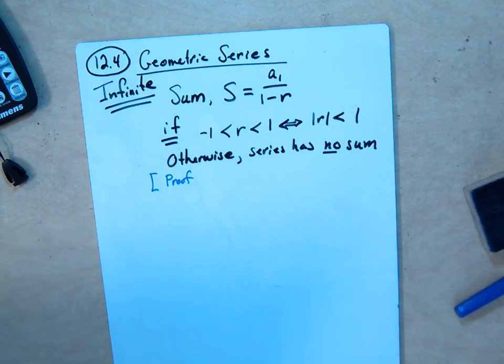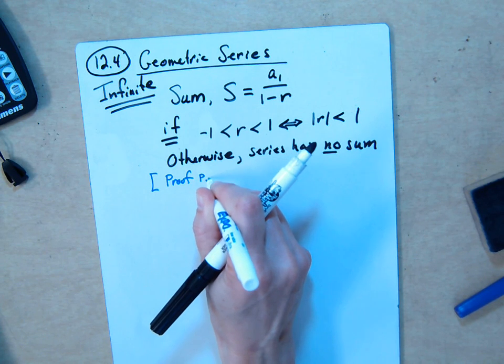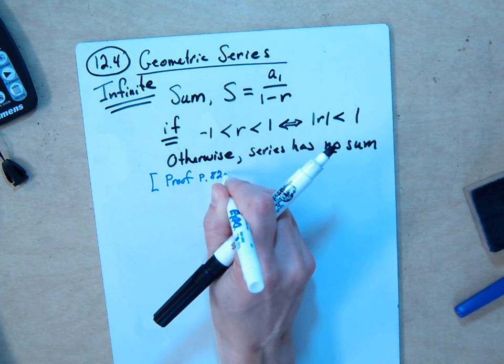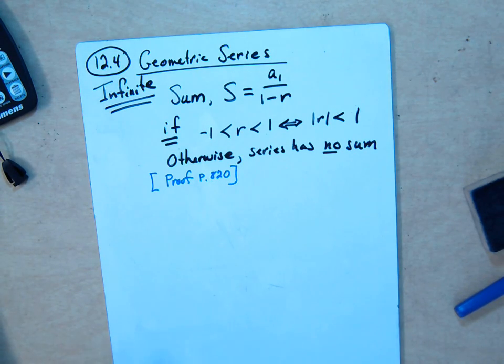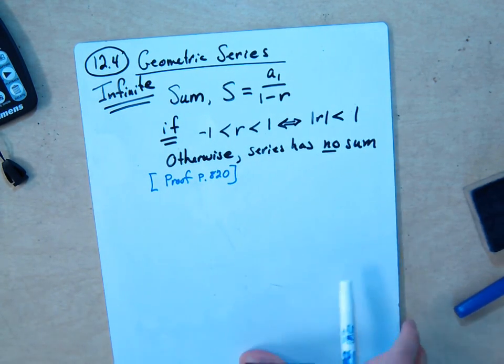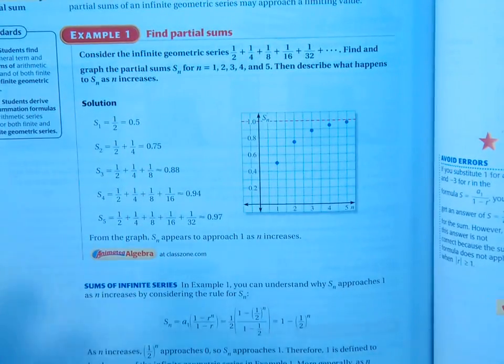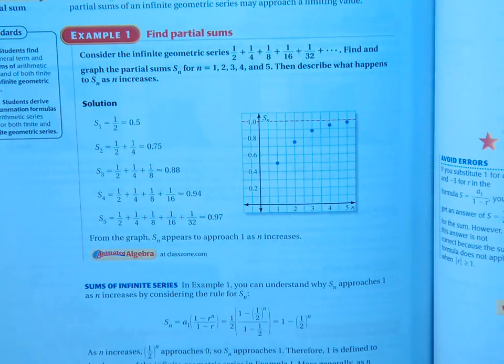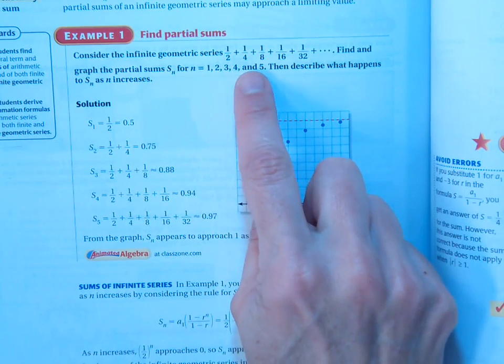page 820. So if we're looking at this, how this works is like this. Okay, so you don't have to write this down. If we're looking at this infinite, so this is like an infinite geometric series, a half plus a fourth plus